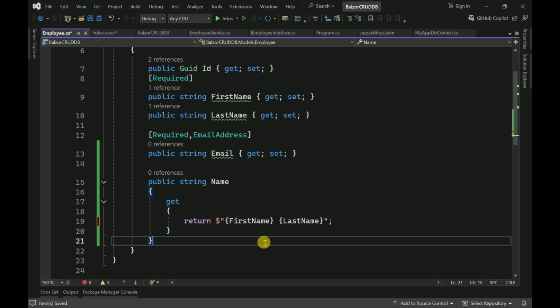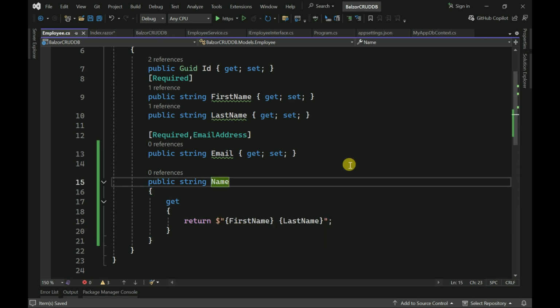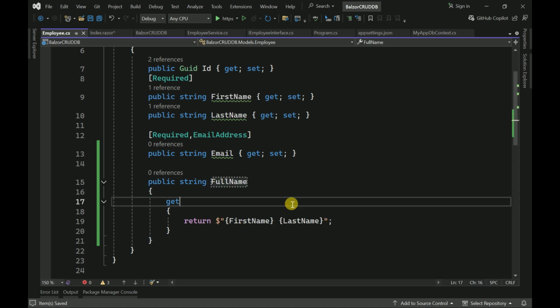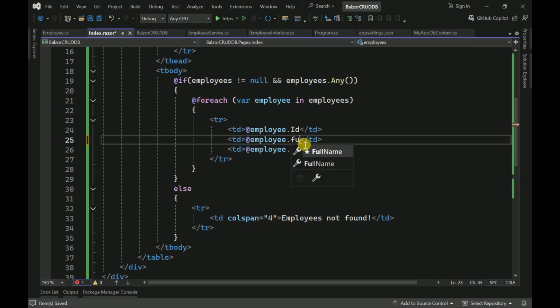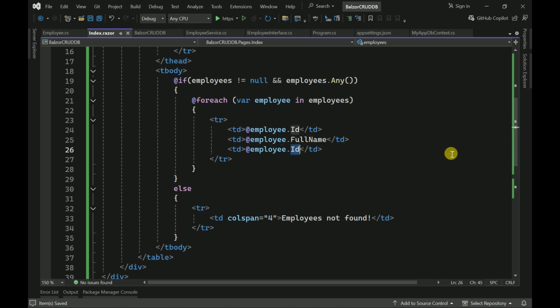Okay, now we will get the full name here. I can make it as full name. So now this property we need to define here. Full name, then email,